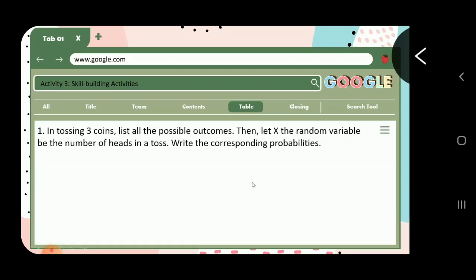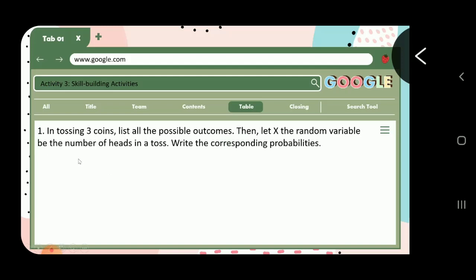In tossing 3 coins, o kani tulo ka piso or 5 ba kaha, sige. In tossing 3 coins, list all the possible outcomes. Then let X, the random variable, be number of heads in a toss. Write the corresponding probabilities. Okay. I-list sa nato tanan